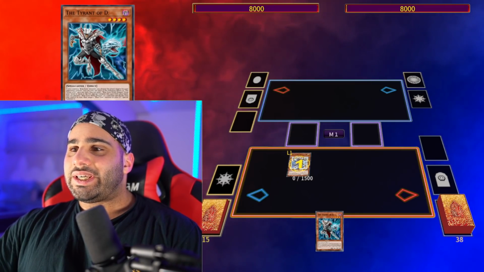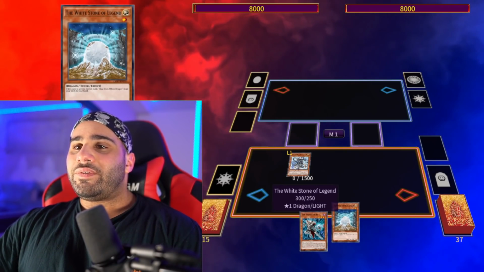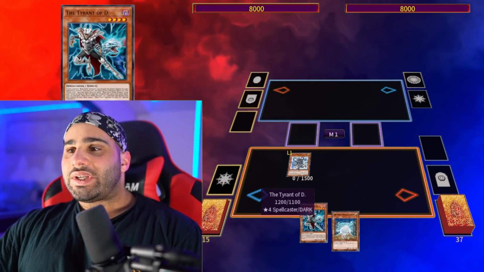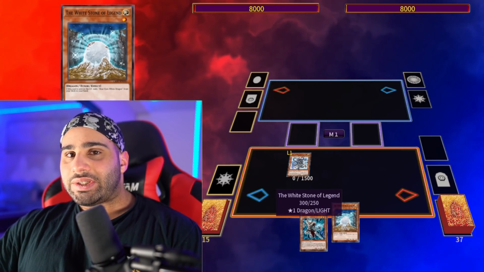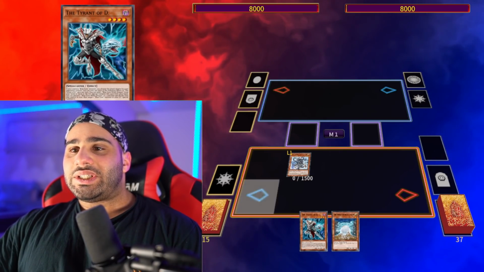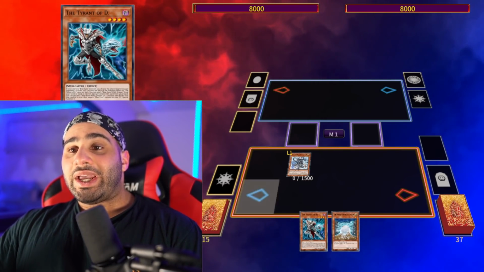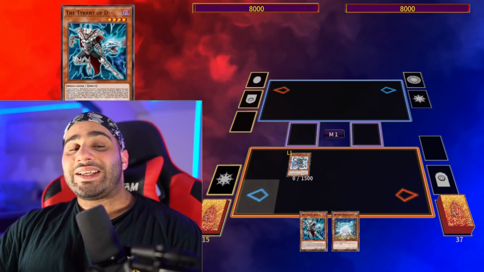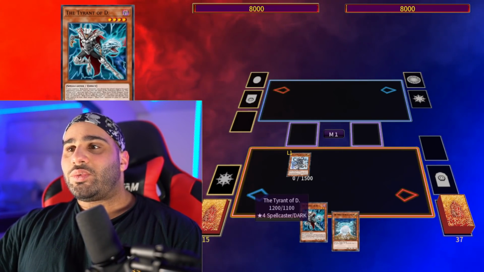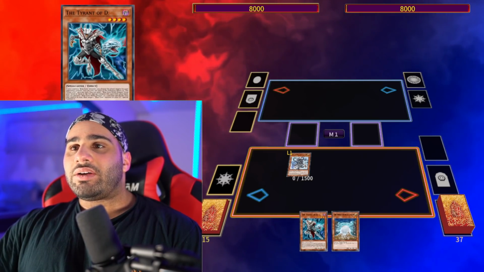So normal Sage, get yourself the White Stone of Legend, very specifically because this states Blue Eyes White Dragon, whereas the other stone, the White Stone of Ancients, just says Blue Eyes Monster. And that's relevant because the Tyrant of D can only discard one Blue Eyes White Dragon or one card that specifically lists that card in its text. So you will not be able to discard the White Stone of Ancients to use the on-field effect of the